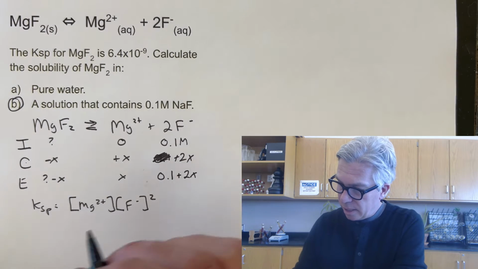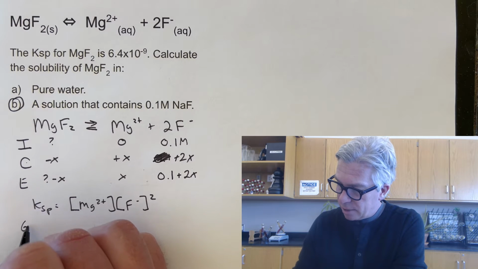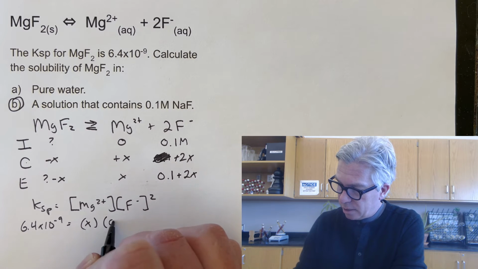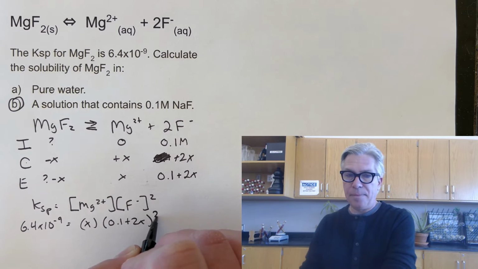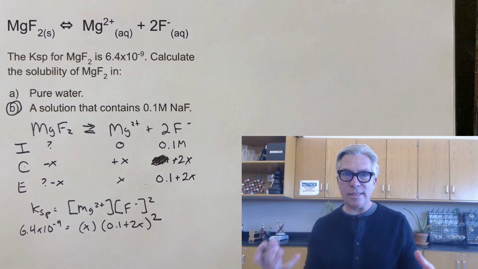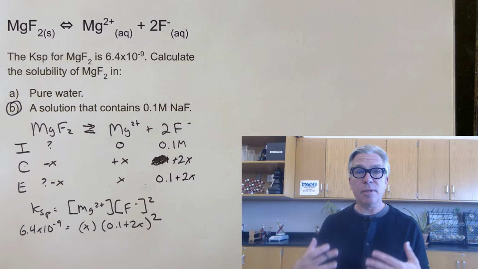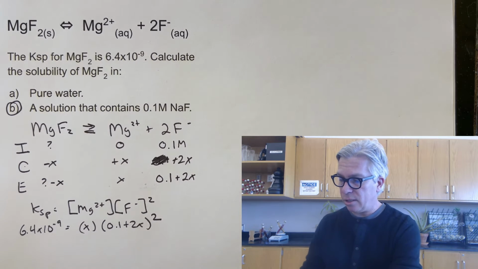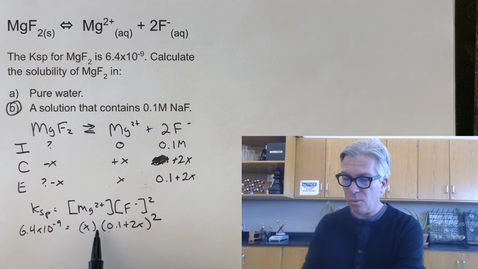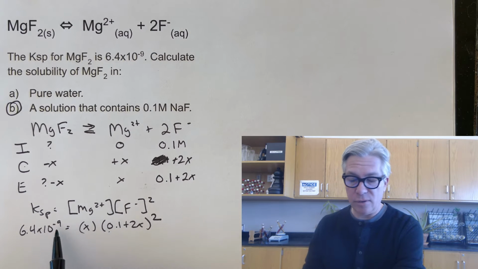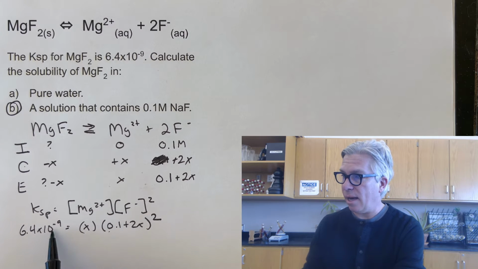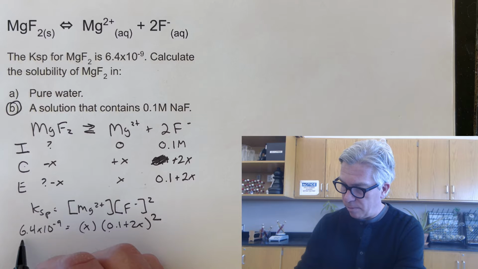Okay, so let's plug that in. 6.4 times 10 to the minus ninth equals x times (0.1 plus 2x) squared. And I could do the math directly as is, but my spidey sense is tingling here that I could probably do a little bit of a shortcut. And that shortcut is to realize that 0.1 is a big starting concentration compared to what I think x is going to be, because this is actually very, very small. There's more than 3 factors of 10 difference between the Ksp and that. And so I'm just going to assume